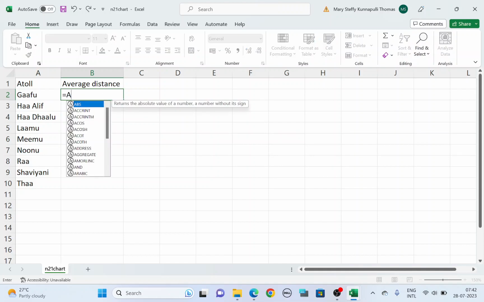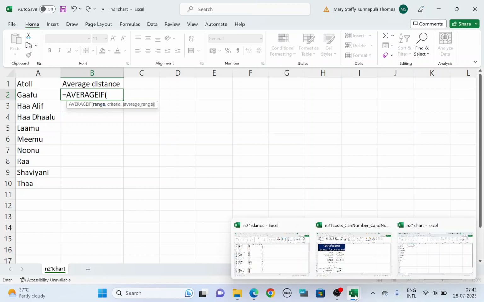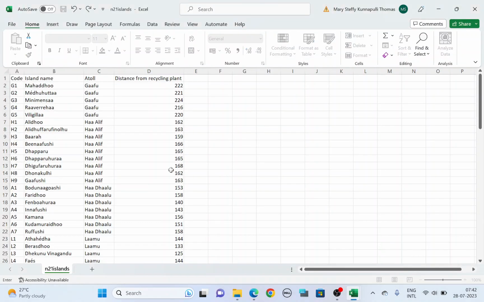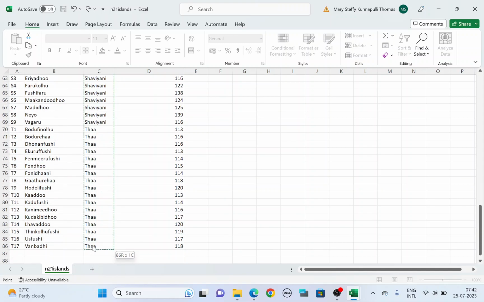So it is AVERAGEIF, open bracket. Now the first thing you need to know is the range. So from the island, highlight the atoll. So atoll, you have it in column C, C2 to C86,